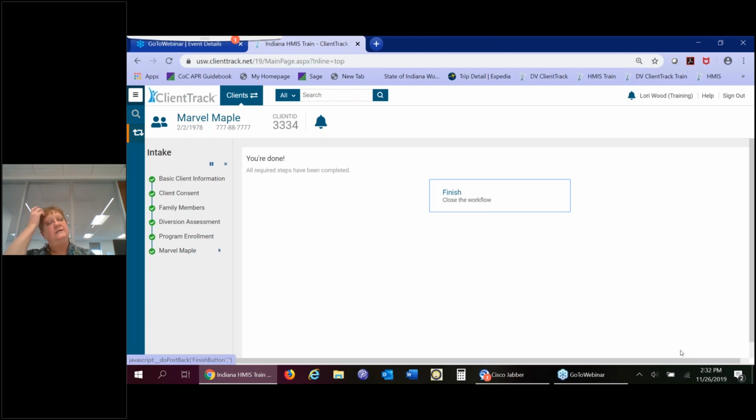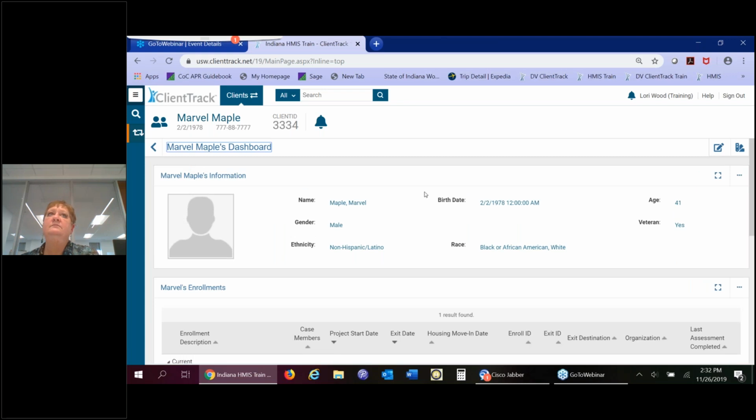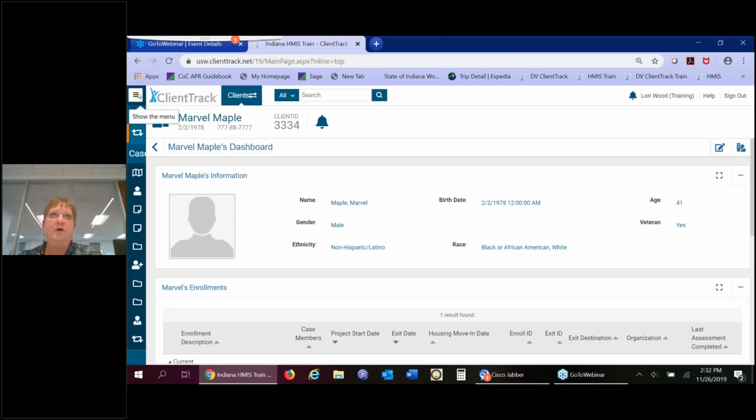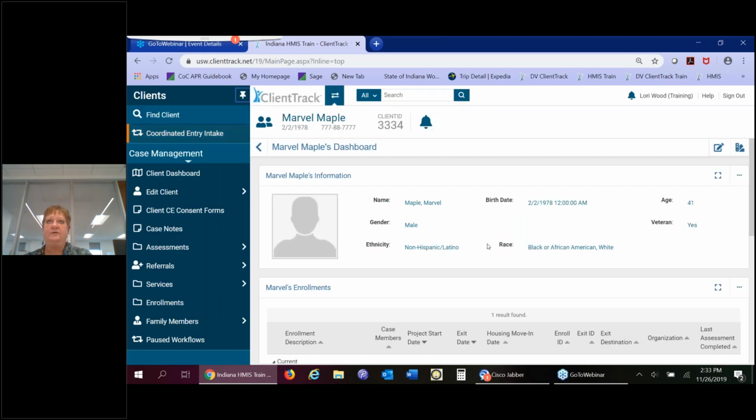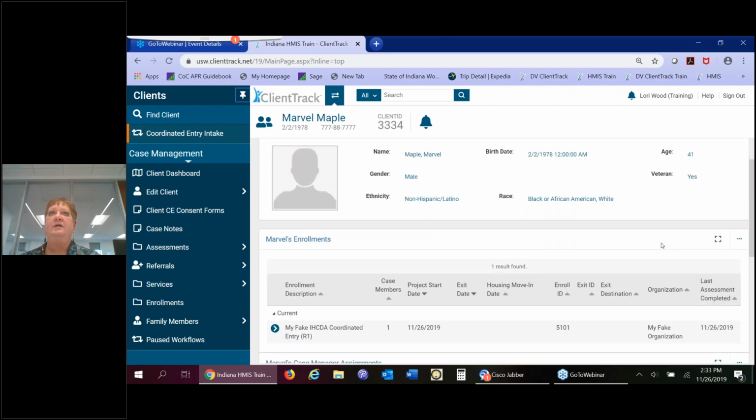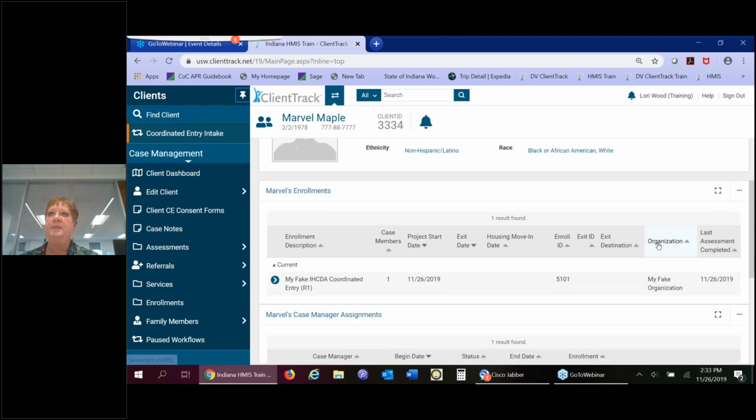To complete the intake process, please click Finish at the end of the workflow. Now I will reopen the side menu and pin it so it remains open. And you can now see Marvel Maple's dashboard with their client ID number, basic demographic information, their enrollment information for